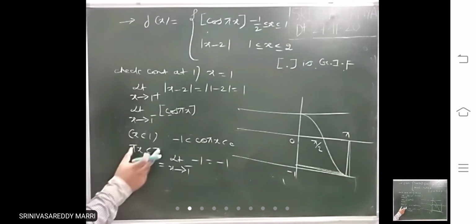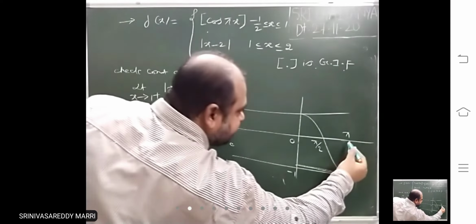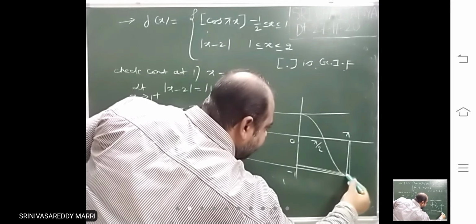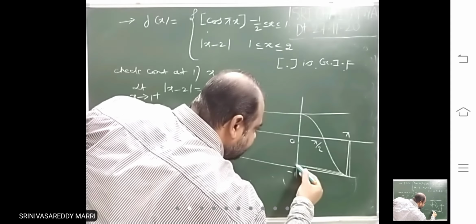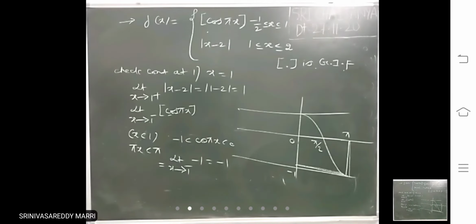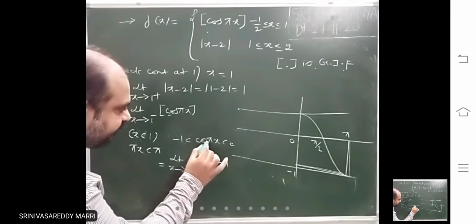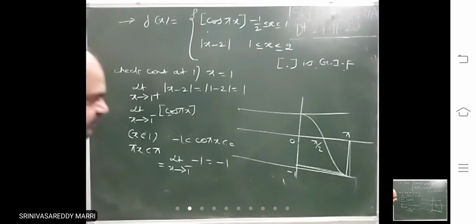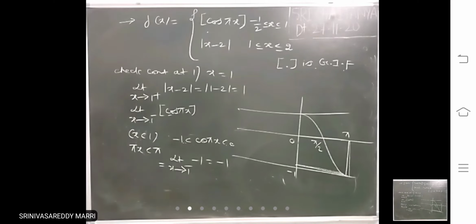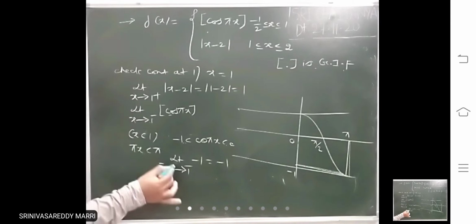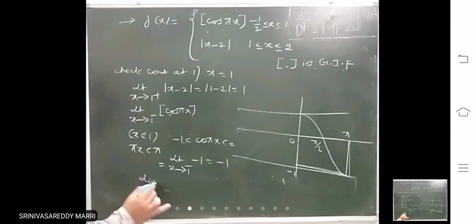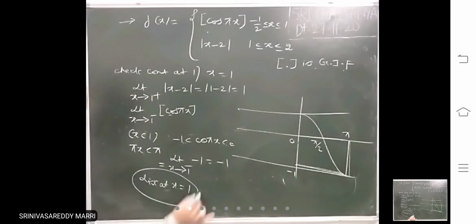Just x less than 1, you find this angle. Pi x will be just less than pi. Just less than pi means here. Where is the y value, the cos pi x value? Just close to minus 1, greater than minus 1. That means it lies between minus 1 and 0. If any value lies between minus 1 and 0, step is minus 1. You take minus 0.999, step of minus 0.999 is minus 1. That is the value. Similarly, look, these two are not equal. Therefore, discontinuous at x equal to 1.